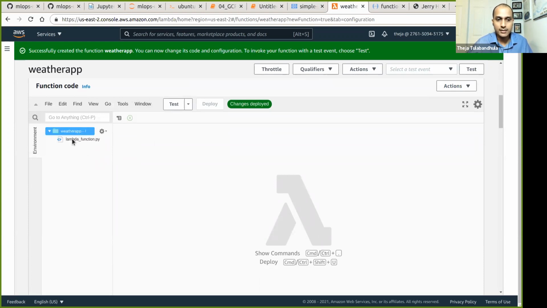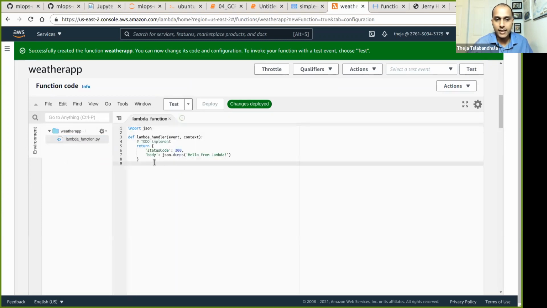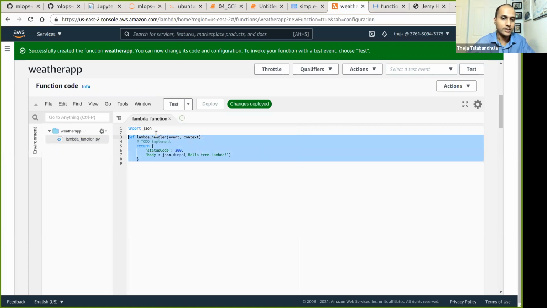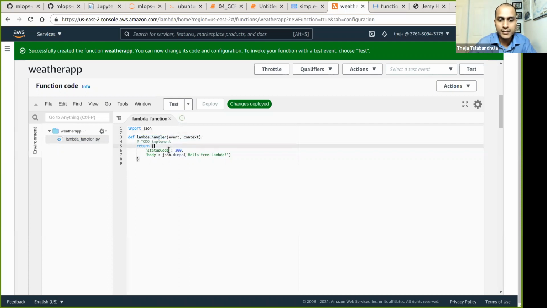There's a Lambda function file here. Let me double click it, and this is the function. This is the Lambda handler, very similar to the target function that will be invoked when you hit the URL. It's just saying some default thing, which is hello from Lambda.